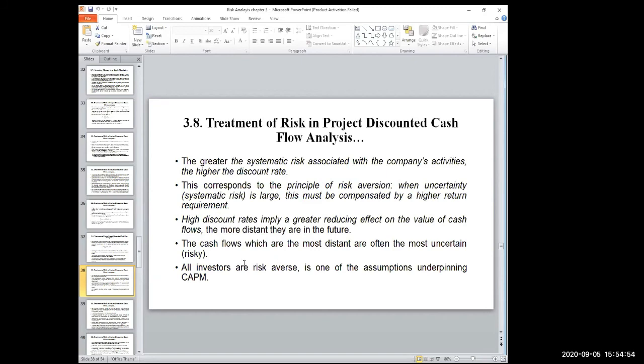So there is R, the future cash flow implication using the formula. So the cash flows which are the most distant are often the most uncertain. And you know that cash flow,